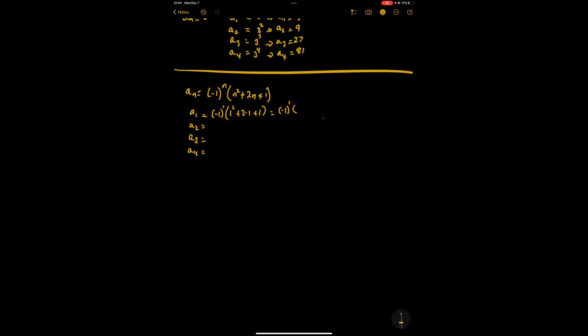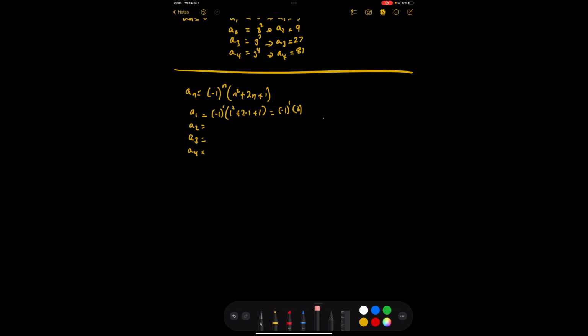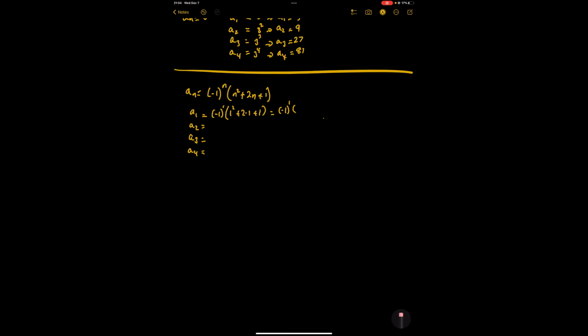1 plus 2 plus 1 equals 3. Nope, my bad. 1 plus 2 plus 1 is equal to 4. And so that would be a1 equals negative 4. How about a2? Negative 1 squared,